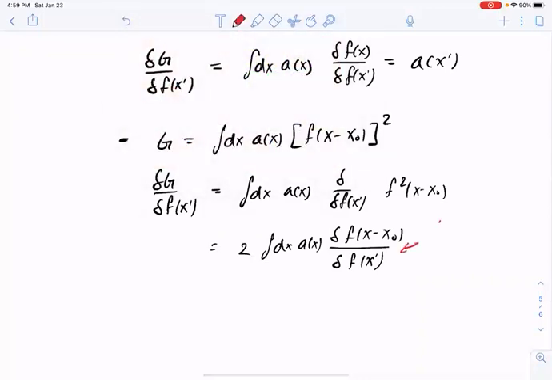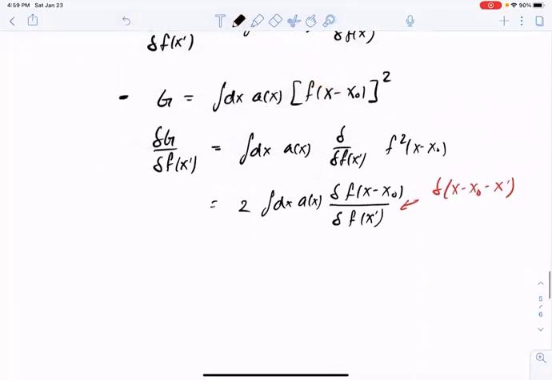That is the delta function of x minus x naught minus x prime. Which then evaluates under the integral a of x at x naught